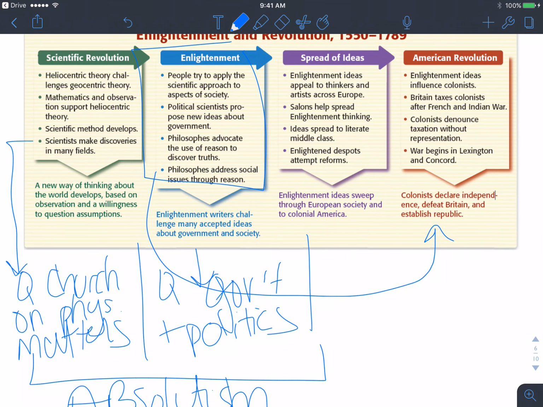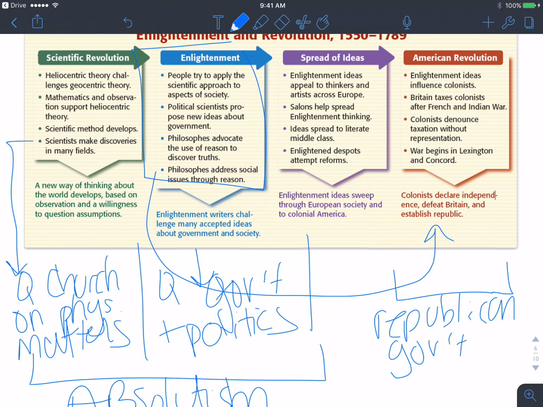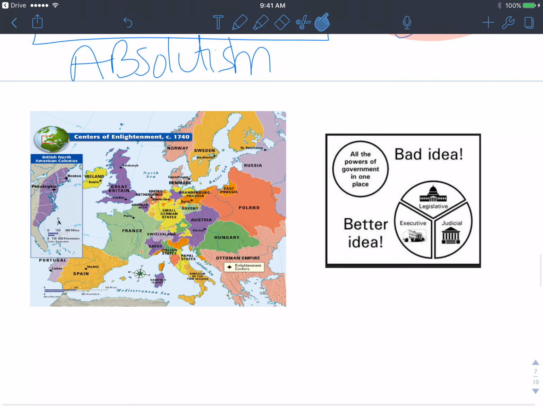Eventually, after the American Revolution, we're going to see a republican government. That doesn't mean the Republicans and Democrats that you think of today. It really goes back to ancient Rome and the Republic, where we voted for representatives and you had the Senate. Okay, so now let's break this down a little bit more.